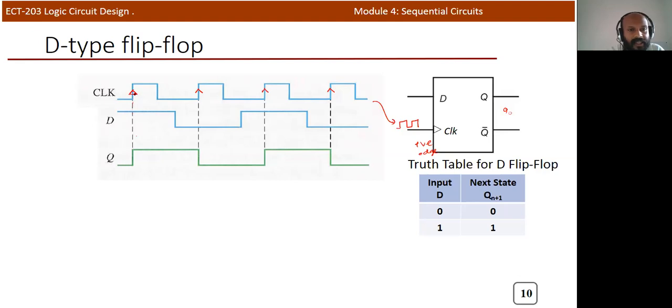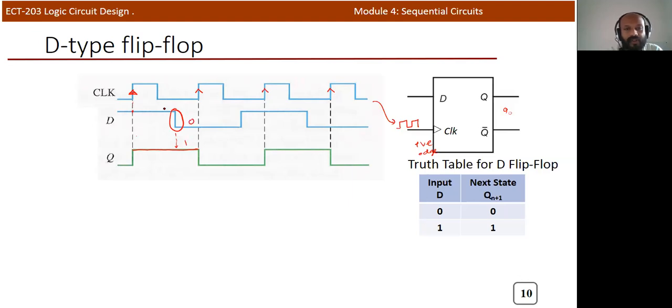See, at the rising edge of this clock, the D input is 1. So the input is sampled, and since the input is 1, the Q output will be 1, and it will continue in that state. But you can see that the D input is changing at this instant, yet there is no change in the Q. If D input is 0, we mentioned that the next state is 0. If D input is 1, the next state is 1. At this point, the D input is 0, but the Q output is 1.